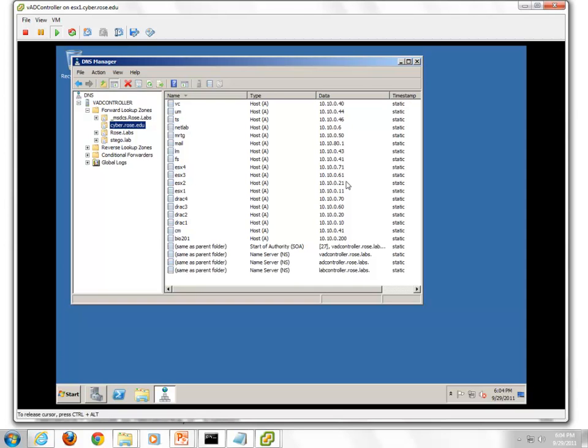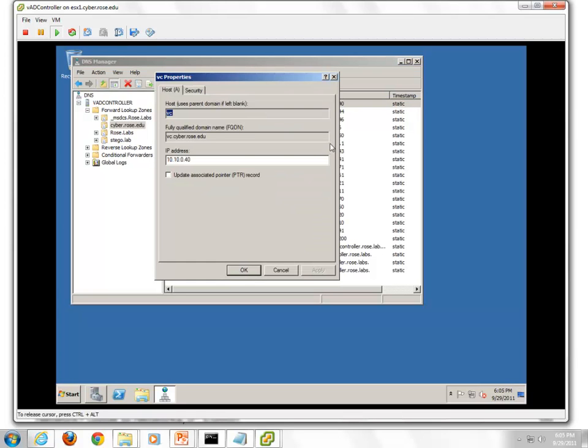Now, if you look at them, you'll see I just have a VC up here. I know it's hard for you to see, but it just says VC. That's the host, the actual computer. We have a computer down the hall that's set up, its name is VC, and it's in the cyber.rose.edu domain. If I double click on this, it shows you the whole name, vc.cyber.rose.edu, and gives us this address.